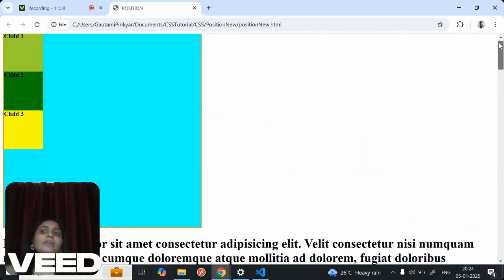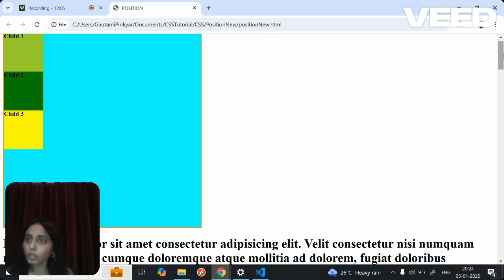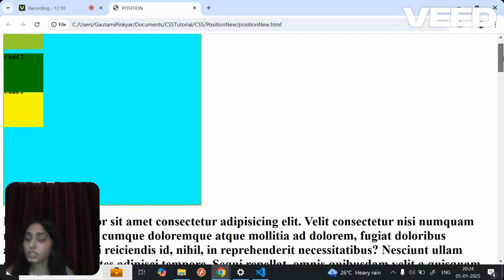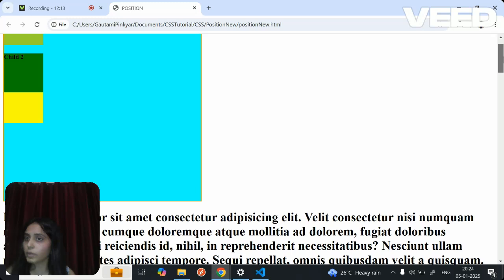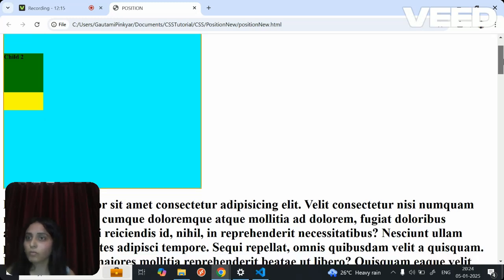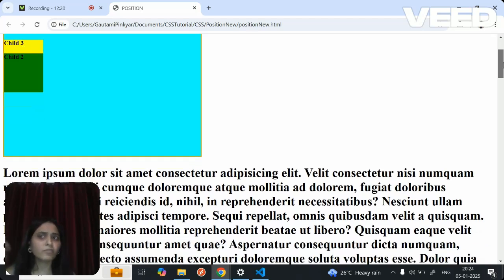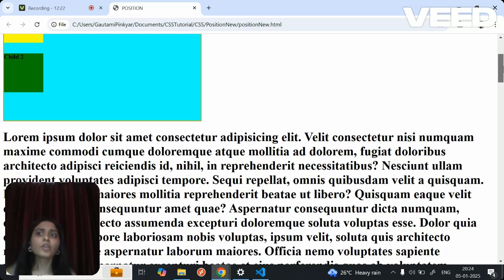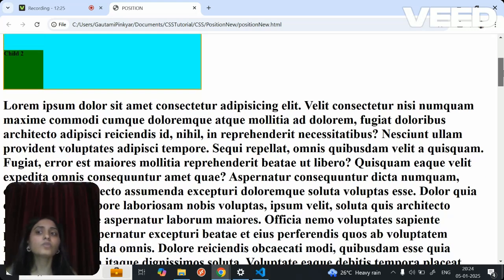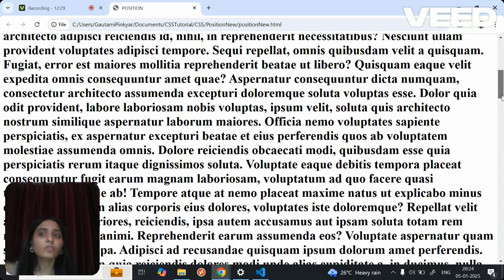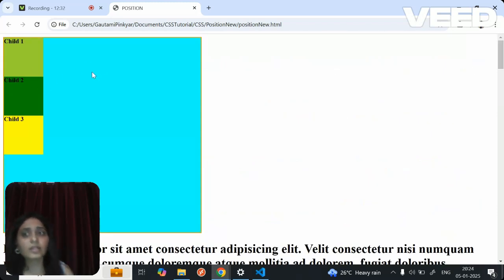So this is the criteria that you need to understand. What is the start and what is the end? The start is whatever property you have given, it will check that property. If it is a top, then it will check, okay, am I getting top 20? Am I getting top 30? Am I getting top 50? Yes, I am getting top 50. I will stay there. It stayed there. Everything else moves. Now I have to check till when I need to stay. I need to stay till the parent's end. Once I get the parent's end, then I can move normally. So that's how the sticky works.